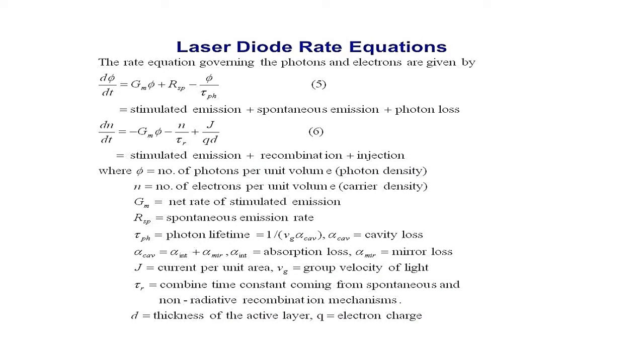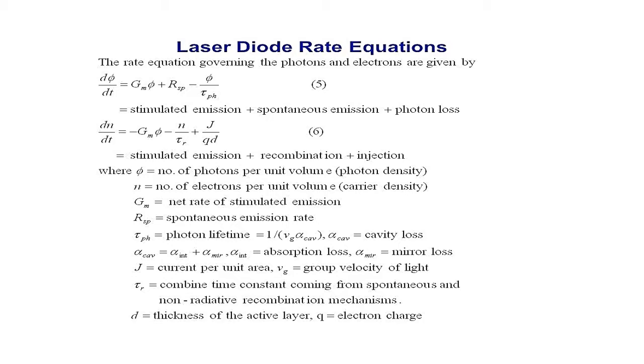Laser diode rate equations. The relationship between the optical output power and the diode drive current can be determined by examining the rate equations that govern the interaction of photons and electrons in the active region. The total carrier population is determined by carrier injection, spontaneous recombination and stimulated emission. For a PN junction with a carrier confinement region of depth D, the rate equations are given